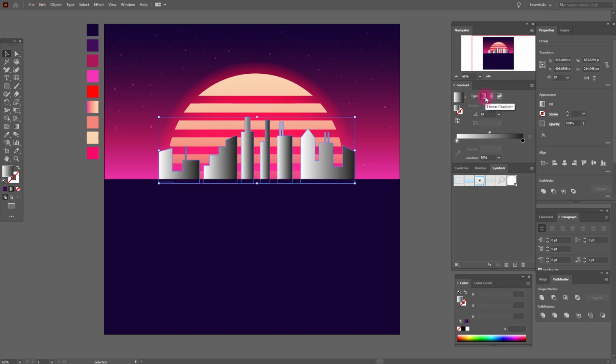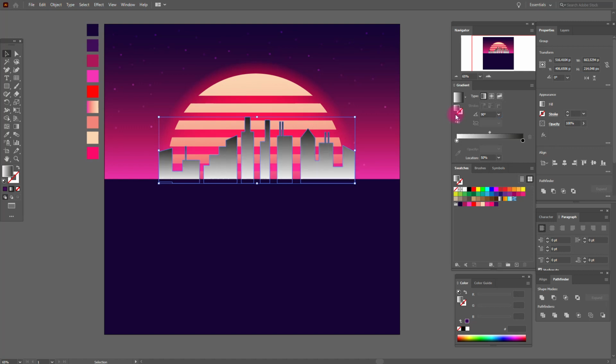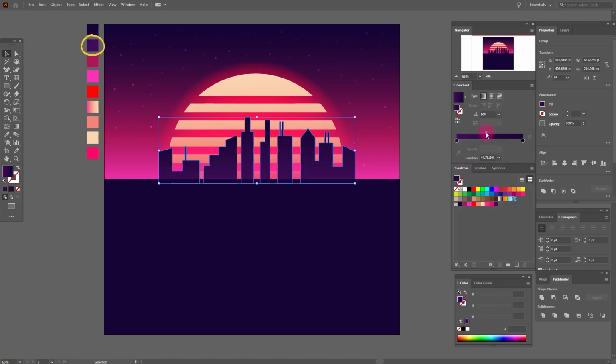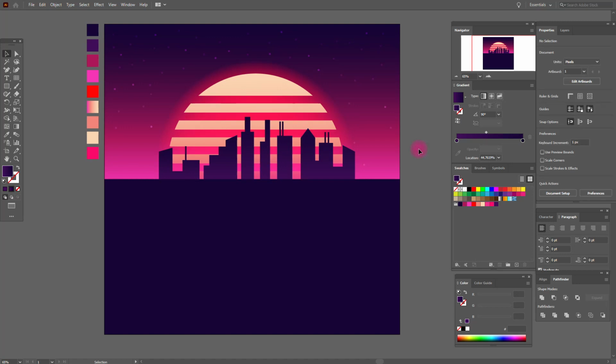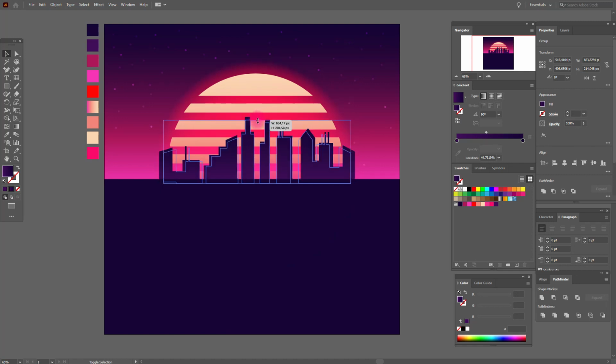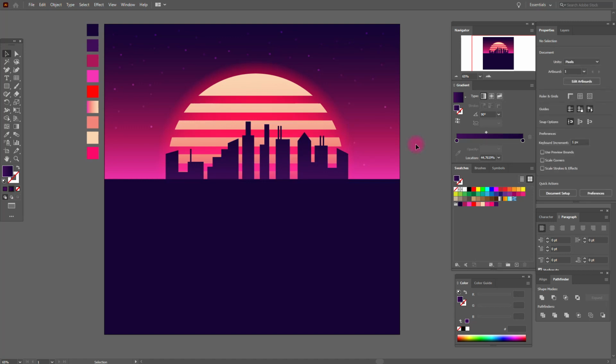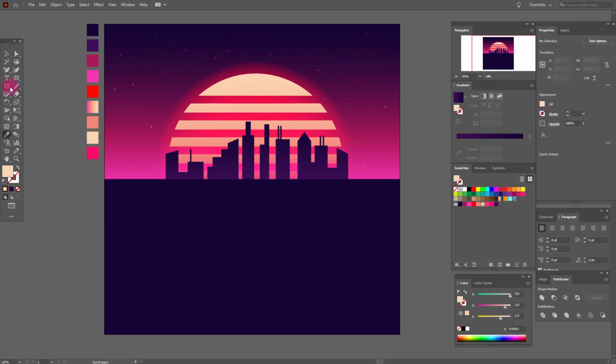Yes, I like it. Now black and white gradient, here 90, here dark violet, here light violet, like this. Yes, I like it. Now select again and make our buildings a little smaller. Yes, now it's great. Now we need this color and the rectangle tool, and let's draw the line here